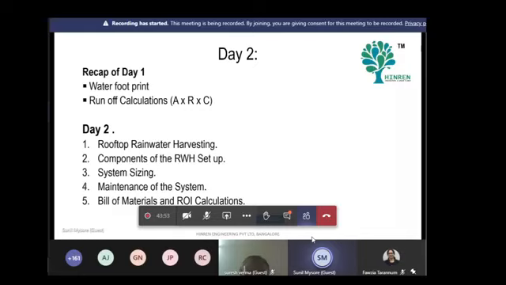Then we will try to know the components of our RWH setup. This is not by any means elaborate, it's only going to be indicative, and to a very large extent limited to my little knowledge. There are far many people doing much bigger work. So what I'm going to do today is mostly limited to what little I know and what little I have worked with, and the system sizing is mostly based on what I have come up with. There is no real Indian National Code or any building code which says this is how RWH has to be done. It mostly comes from empirical formulas and some experience.